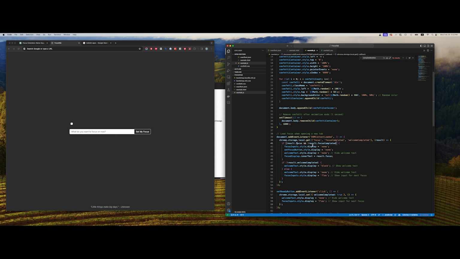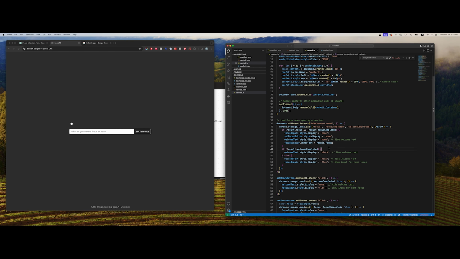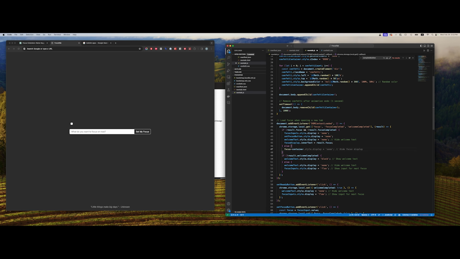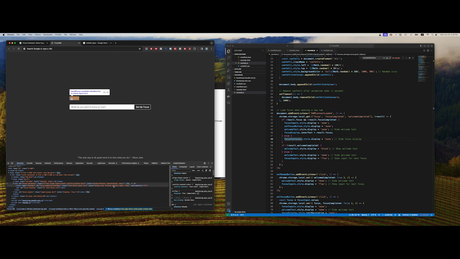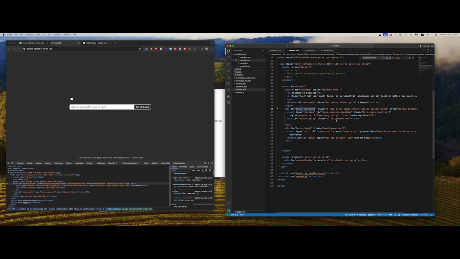If there's a focus and the focus hasn't been completed, otherwise there's no focus, we should do, okay, we can't easily hide the container because of its property being so important to the structure of the page. So we're going to,